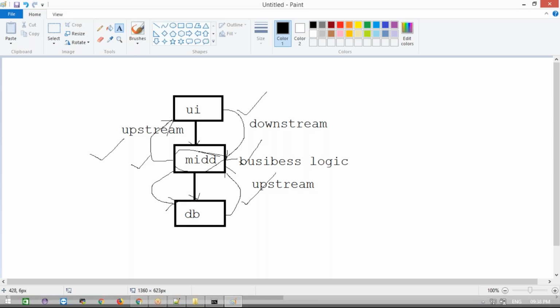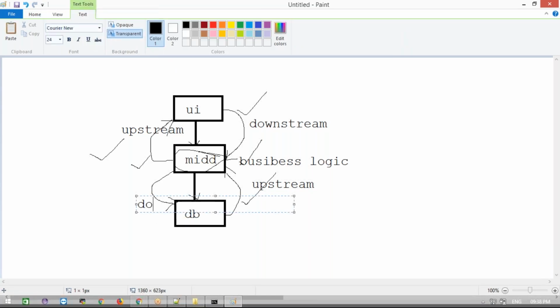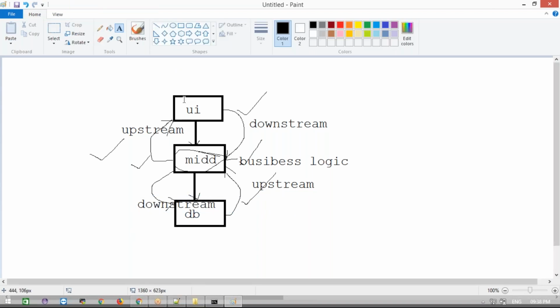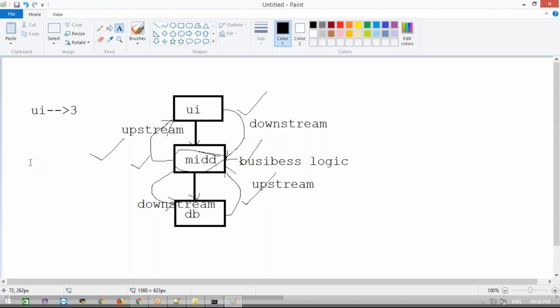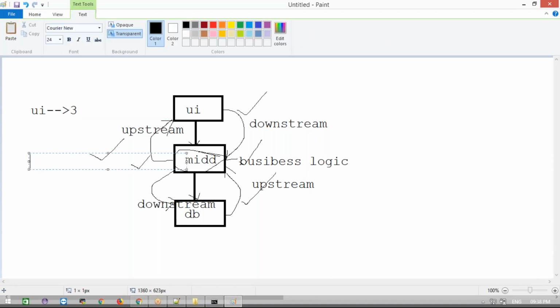So the UI calls the middleware, which calls the DB. All three will be done if I run the UI. Now, if I click the build now button in mid, the business logic project, how many projects will run?